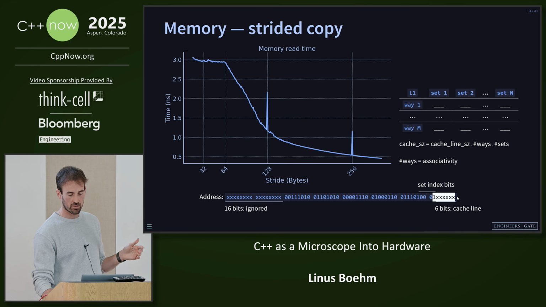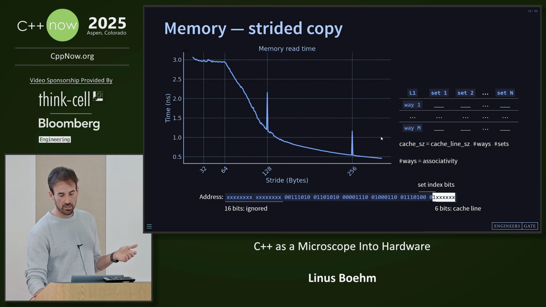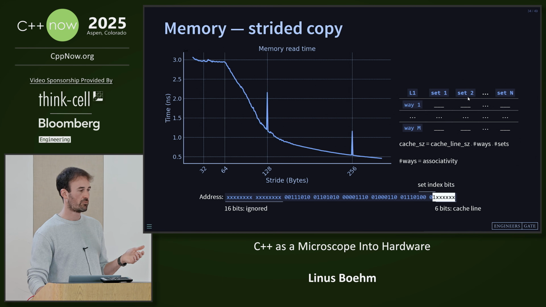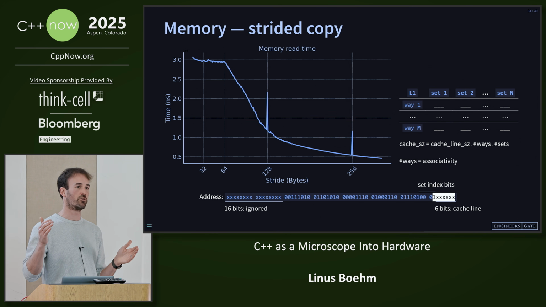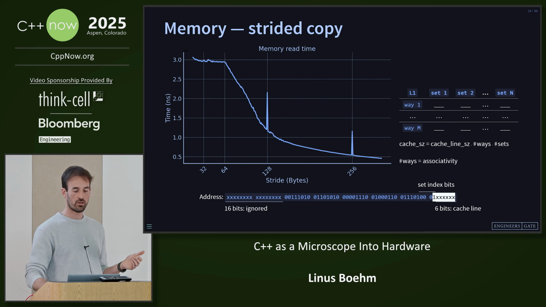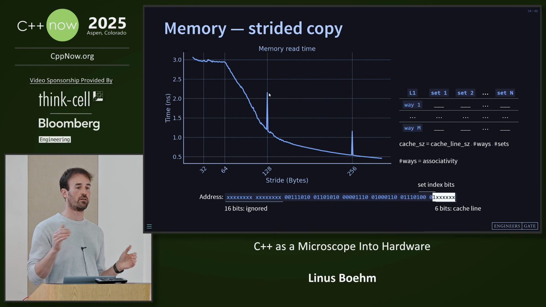So these bits for a stride of 128 will always stay the same, which means we only use half of the available cache sets. We'll skip every other cache set, which means we basically cut the available cache in half. And this is why we see that spike, because we only use half of the total physical available cache